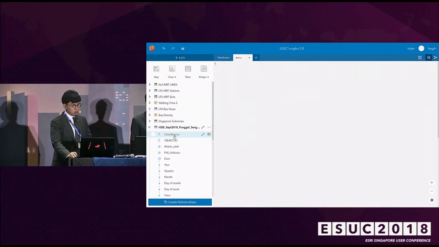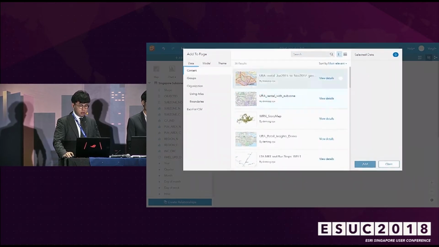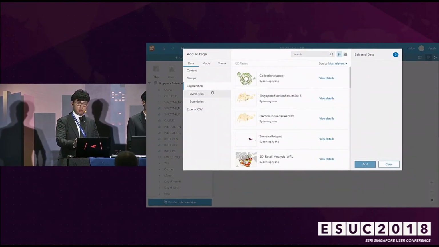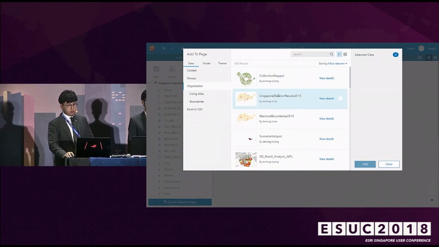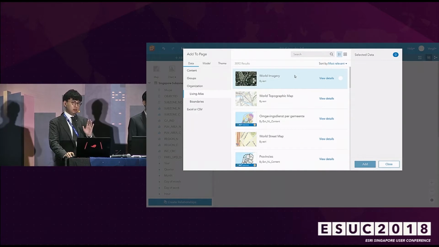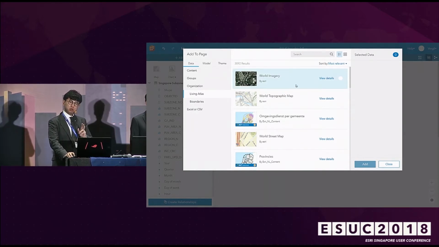So you can see some other layers. You can also add other data from your colleagues. For example, here we have some data we prepared that can be prepared on desktop as well as ArcGIS Online. So ArcGIS can read all of it. Living Atlas is a curated library of demographic data that's prepared by Esri, and some of them consume credit, but there's some really good data in there.